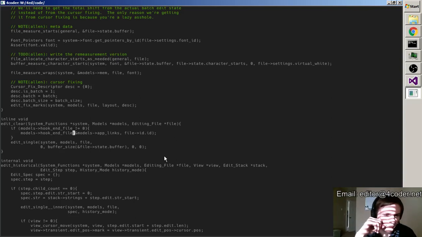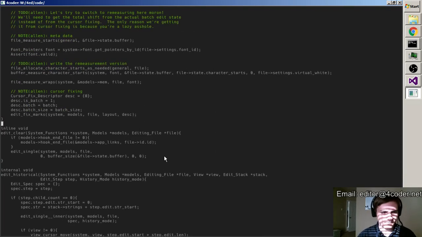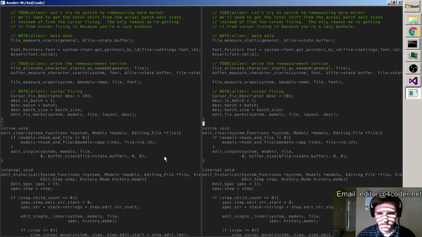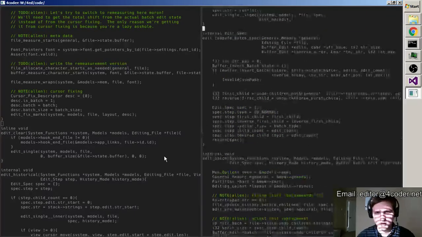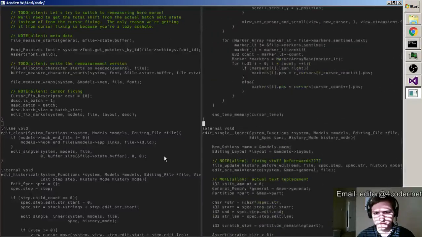I think I got it. So, when we do that, edit single file buffer. Right. Okay. So that's an edit thing. I'm gonna split the panels real quick. I really hope I don't build without remembering to change it back, but